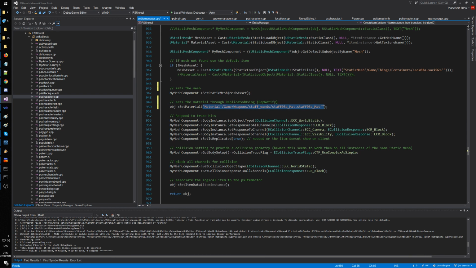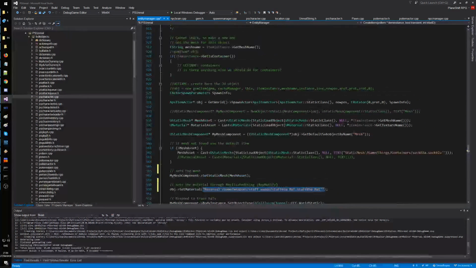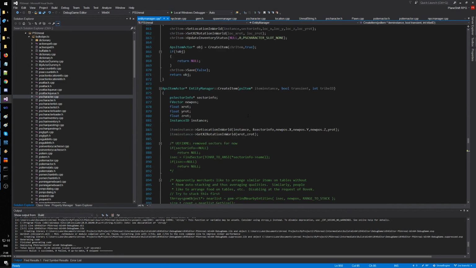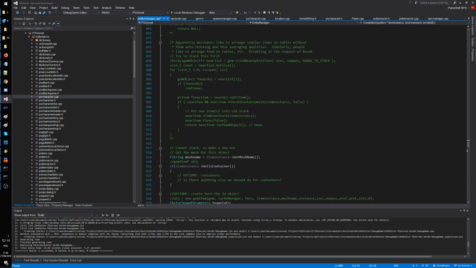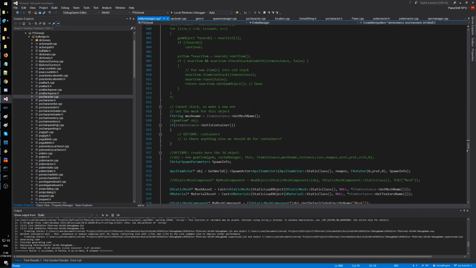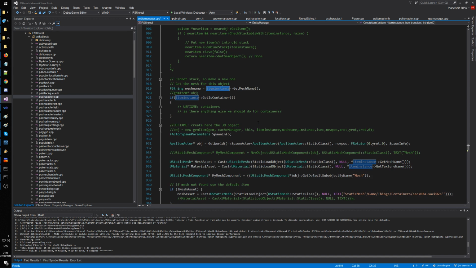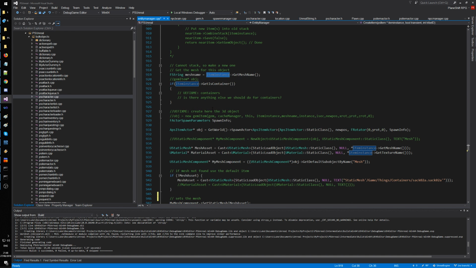Okay, so we need the texture, the GFX texture. So what is this thing? What I'm passing in the instance, the tribe, get location in work and in magic. I think I have it in my item data. Item instance is pointing to my, okay, so I have the get mesh name. So I think it's as simple as